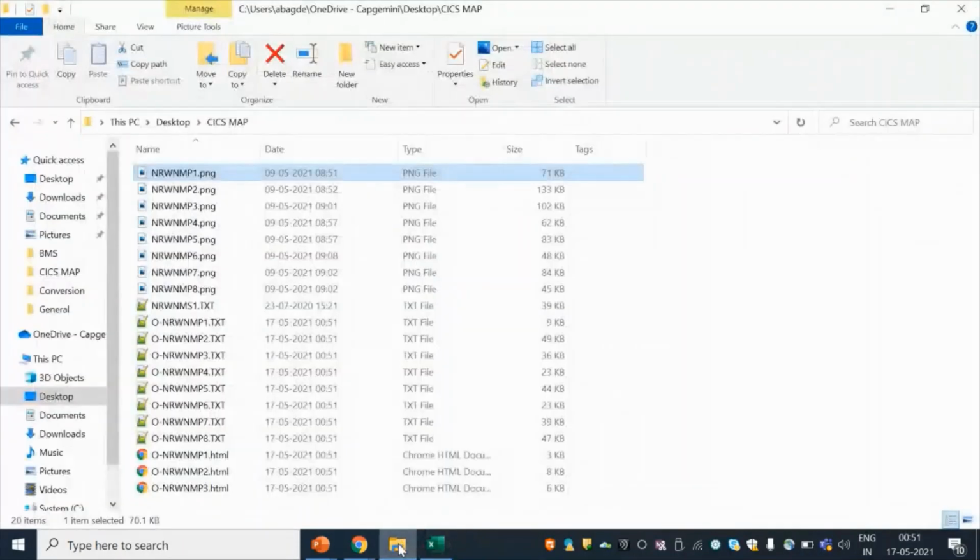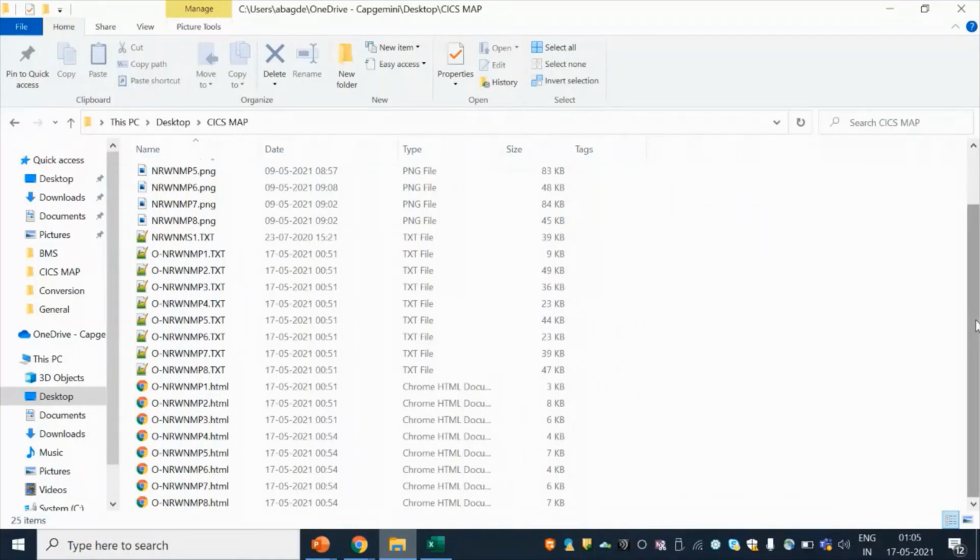If I take you to this folder, now you can see the HTML files we have created. The same way you can create the PHP file or the Java web page file or Python or Ruby on Rails or any web page layout that you want. And the same way I have converted the other maps into equivalent web pages.